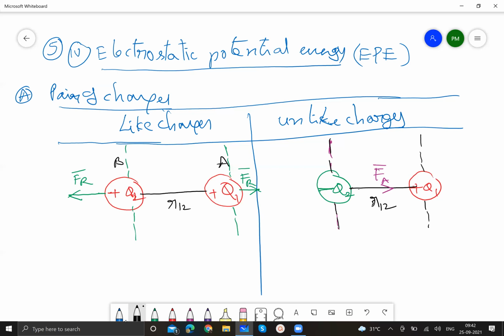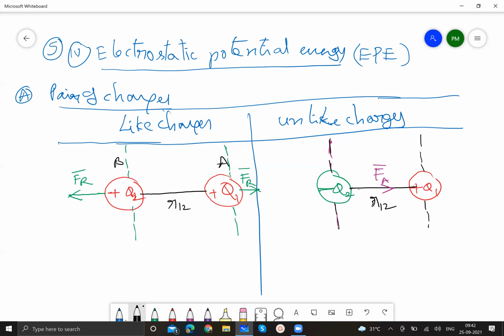So at normal temperatures, nuclear fusion will not occur. Already we have finished nuclear physics. Nuclear fusion will not occur because once the two deuterium nuclei approach, the repulsion will prevent them from fusing. Therefore, in either case, charges can never approach each other, either for like charges or unlike charges. So both these configurations are unstable.